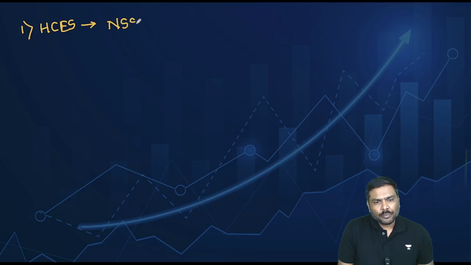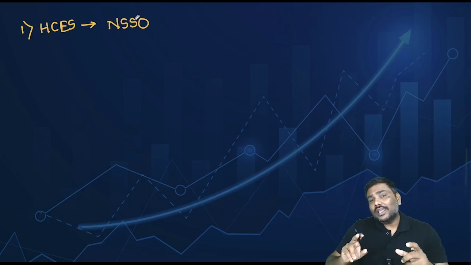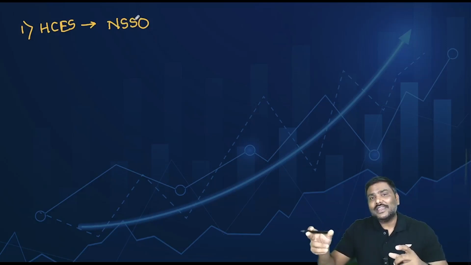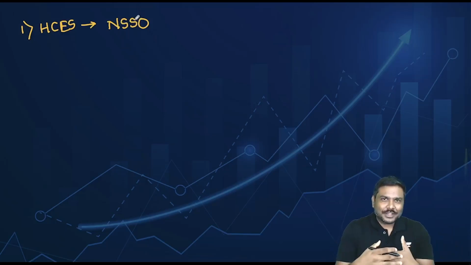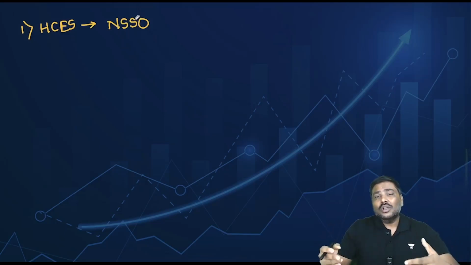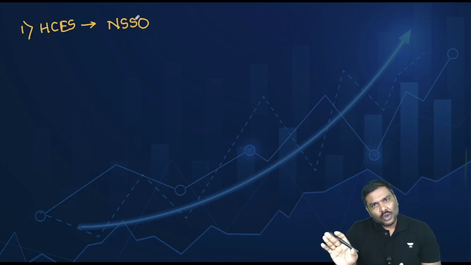Let's begin the discussion. What are the basic concepts that you are supposed to understand? Point number one, as already mentioned, the Household Consumption Expenditure Survey, HCES, is published by NSSO. Some of you will say, but sir, I read in a book that it was not NSSO, it was mentioned as NSO. My dear, earlier it was NSO. We have taken two organizations, NSO and CSO. The new organization is NSSO, National Sample Survey Office.